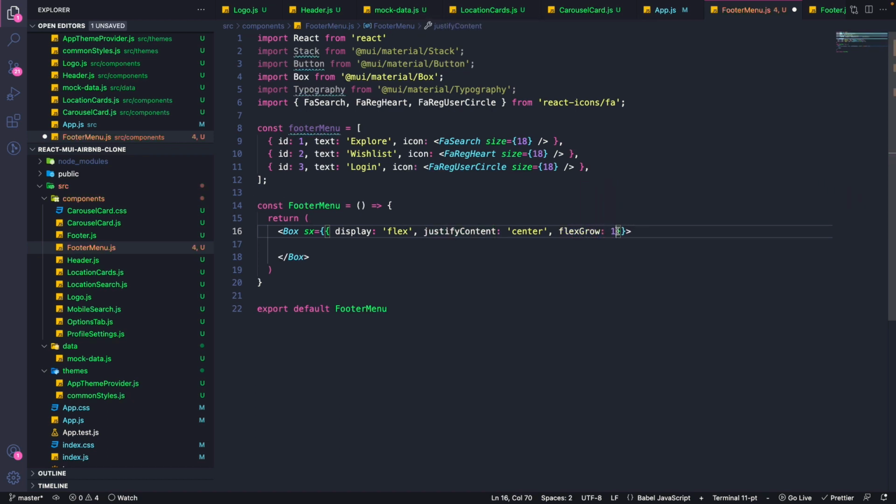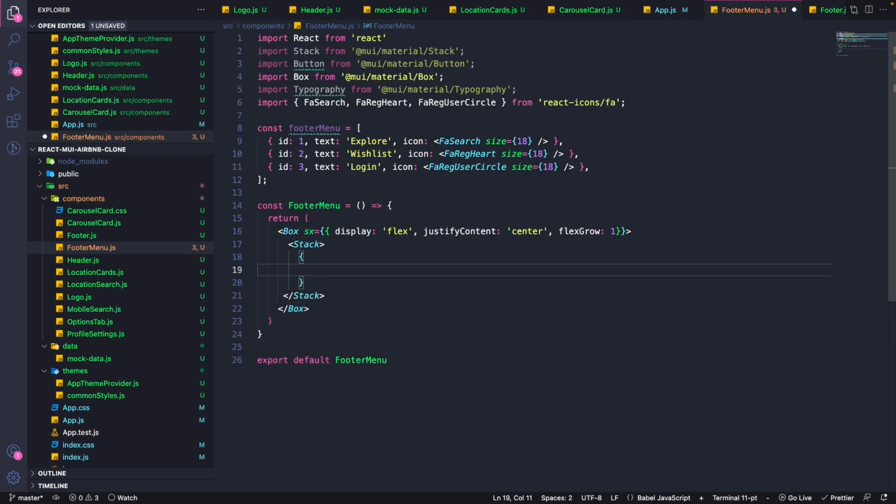If you want, you can copy paste this into our common styles and create one custom class for it. That's up to you. Here, since this is a one-off kind of a style, I didn't take this to the common styles, rather I decided to put it within the box itself. So if I'm reusing the same 3 values somewhere else, I would have probably taken it into the custom common styles. So within the box, let's have a stack,